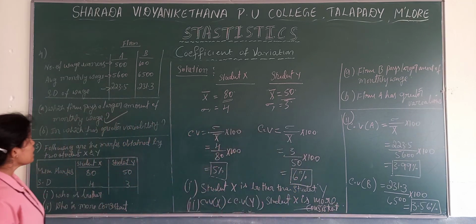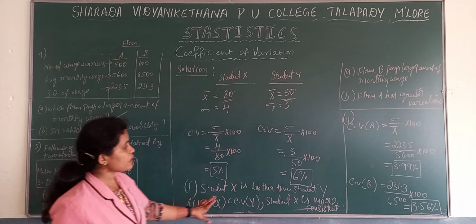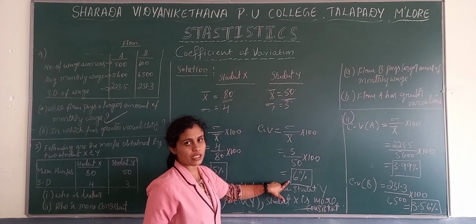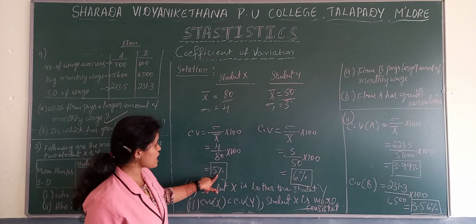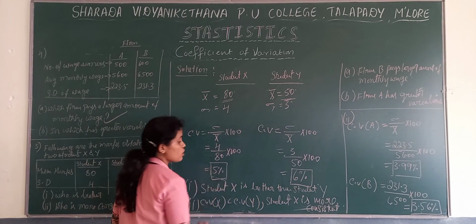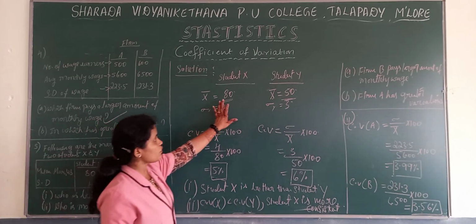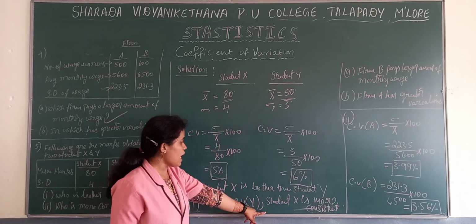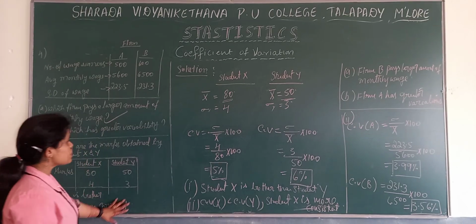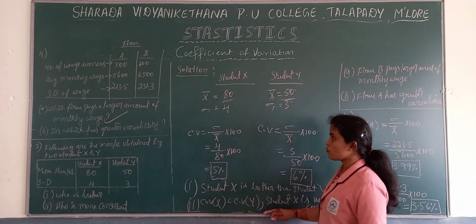In case of the first question, it's about who pays greater wages and where there is greater variation. Greater variation means where there is more variation. Which is more consistent means which has less variation, that is more consistent. So the second question is one about who is better. For that we need to see the mean. Which has greater mean, that is better. And for the second question, consistency means which has less variation. So this is about coefficient of variation.